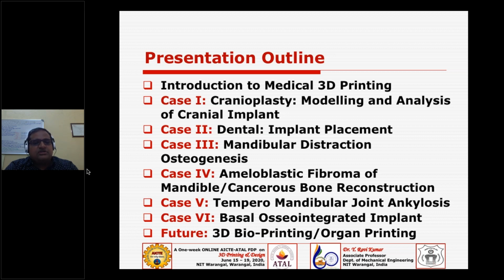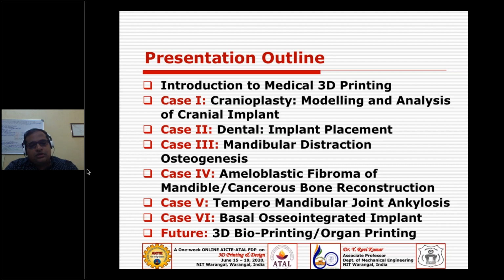Today I'm going to present one cranioplasty case, which is basically modeling and analysis of a cranium implant. The second case is a dental case, on how 3D printing is helpful for placing an implant. And the third case is a mandibular distraction osteogenesis.